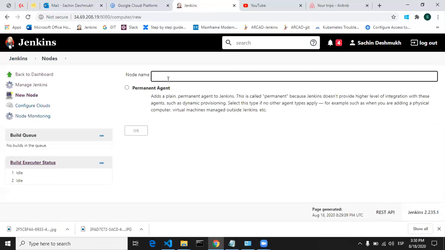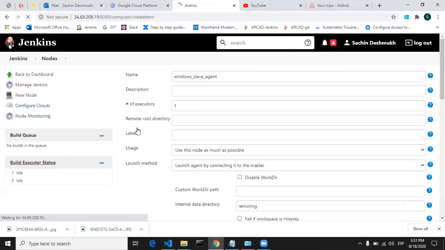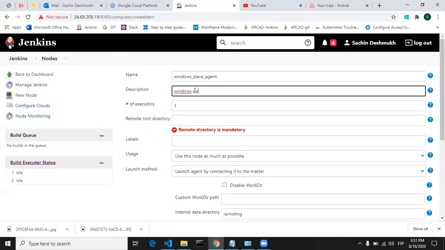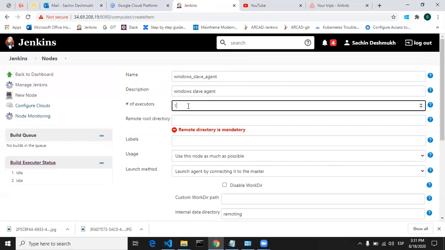Then you have to give some name, just like I'm giving Windows slave agent. I'm selecting it as a permanent agent. Then we will give Windows slave agent as the description. Number of executors, we will make it 2.